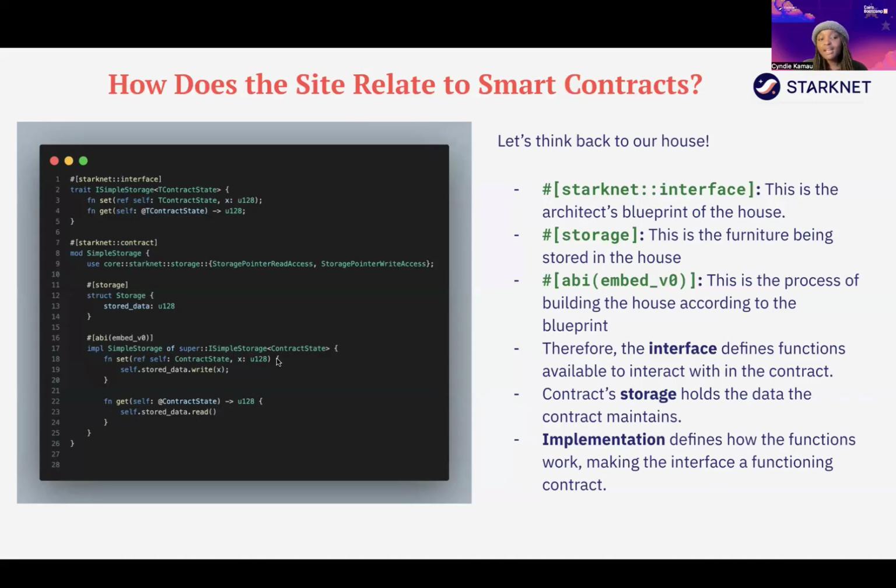Yeah, so like we had talked about earlier on, if you remember, we said Cairo Zero looked more like Python, the syntax, right? But then when we now have the newer versions of Cairo, it's more like how Rust looks. So even when you're writing attributes in Rust, for example, this Starknet interface, you write it the same way. So even when you start writing Cairo right now, when you decide sometime back to go and read Rust, it might actually be easier to get some of the syntax functionalities